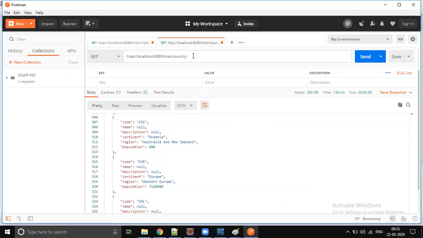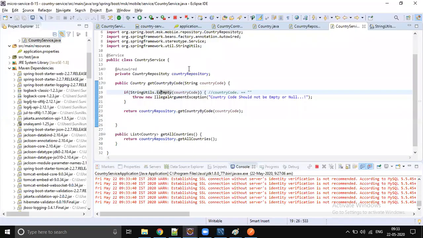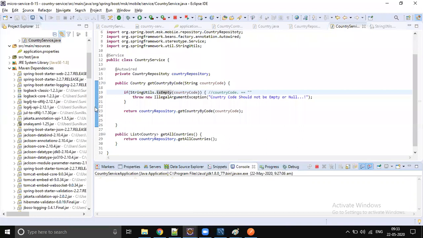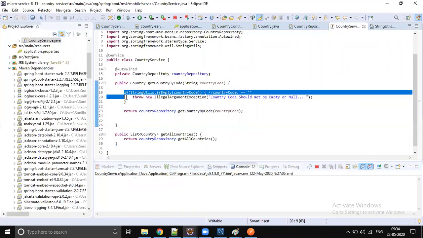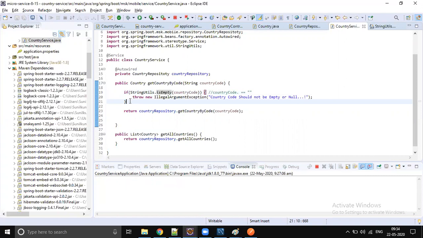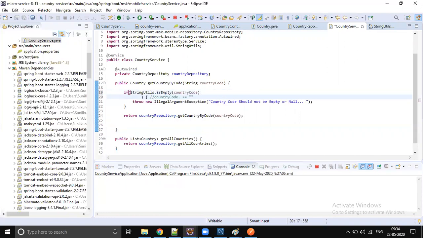What should we do? Spring path variable is taking care of that empty space check. Somehow I'm not able to pass this, but there's another thing we can check. Sunil, do one thing. Just for checking purposes, you can put an empty code here, like the condition true, and you will always get this exception, right?